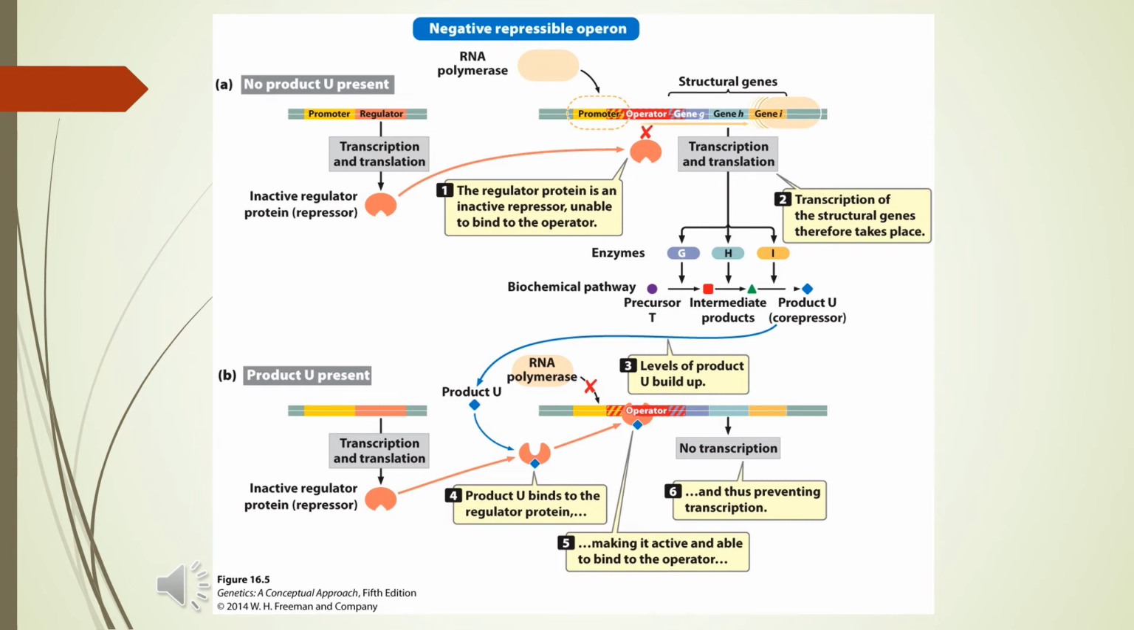Negative repressible operon. In the first condition, no product U is present, here U is a co-repressor. That means the co-repressor is absent. So what will happen? The regulator protein will be transcribed and translated and produce an inactive regulator protein, that is, here the repressor is inactive. So the inactive regulator protein cannot bind to the promoter region, operator region. So transcription and translation of structural genes will occur, which will produce a product